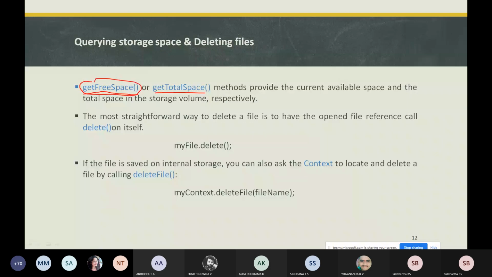If you call the getFreeSpace method, it provides the current available space of the device. If you use the getTotalSpace method, it gives the total space of the storage volume.